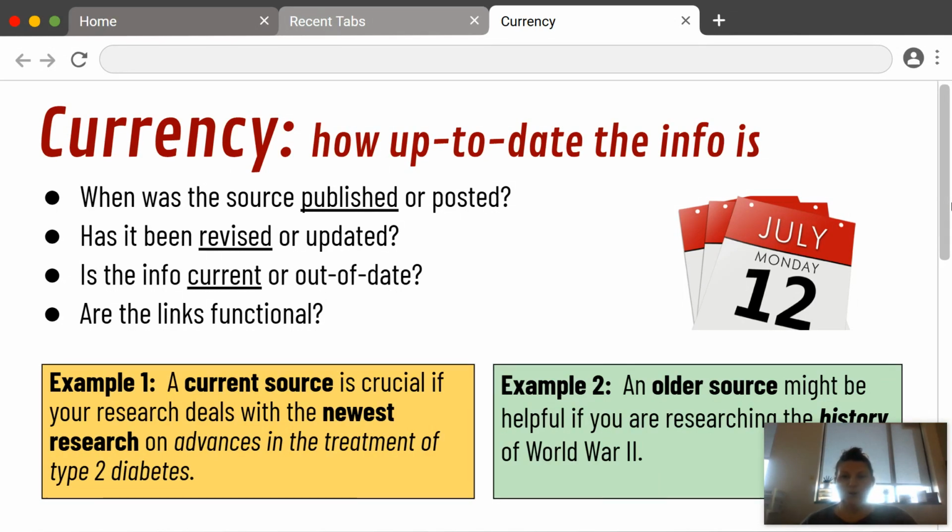Sometimes we need older information. So if we're looking for firsthand experience from World War II, that's going to be old information. It's not going to be up to date because World War II was in the 1940s. So think about your topic, and if you're looking for contextual information, you're going to want information that was published back when these events were happening,